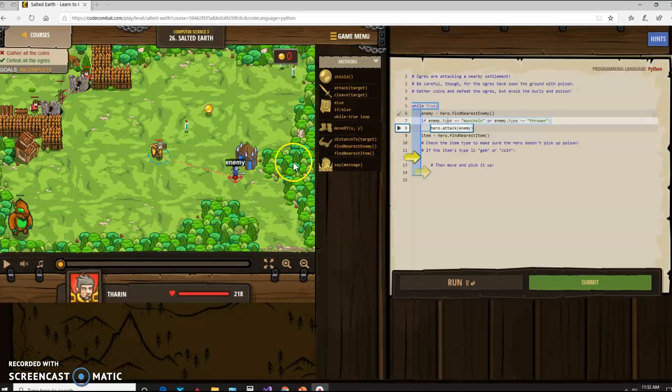So we're going to need to differentiate. To do that, we are going to check a property of enemy, which is the type property. Type is going to tell us what kind of enemy it is, not simply that there's an enemy. So if we're going to look for an enemy,